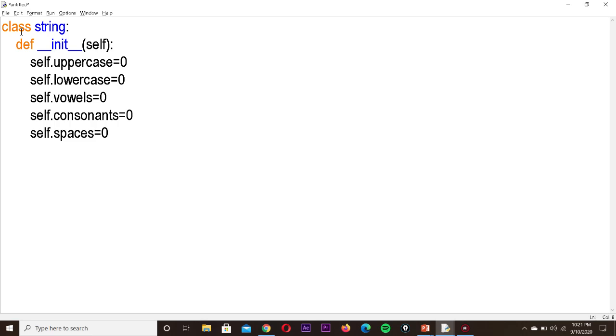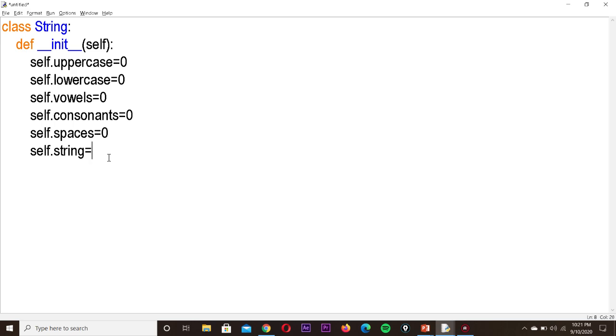Next we are going to initialize one more variable, that is self dot string. String is the variable which is used to get the input. For this one, let us have it with capital S, self dot String. This is the variable which is used for getting the string, for which we are going to calculate the number of uppercase, lowercase and vowels present.